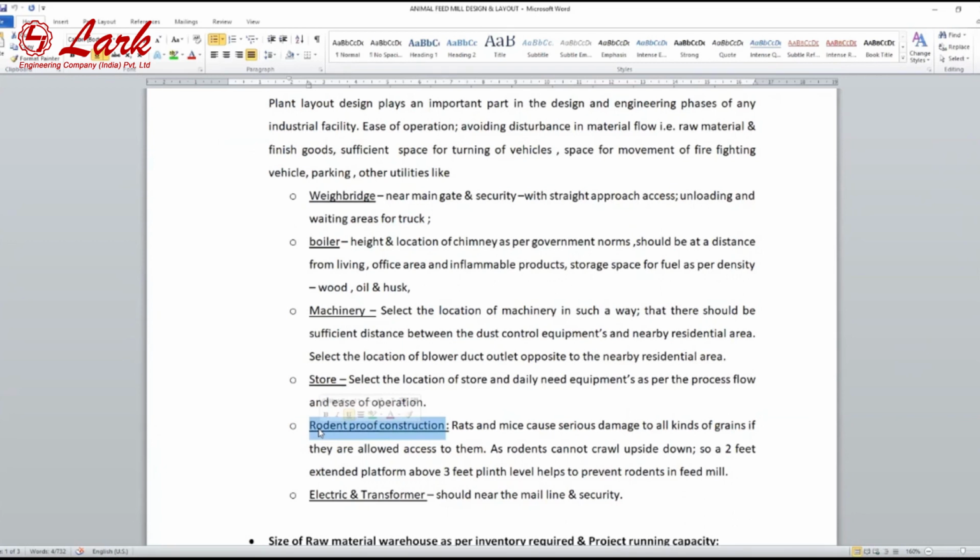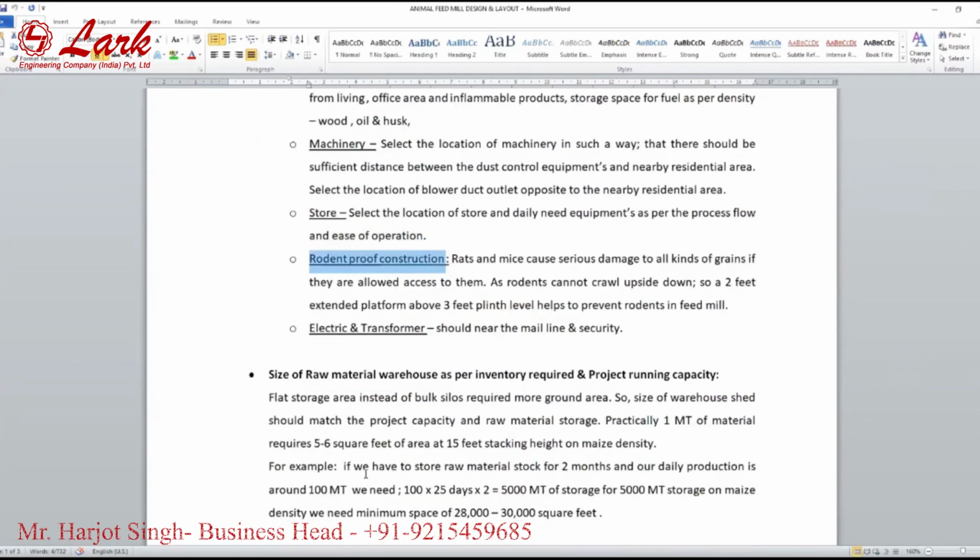So to make the rodent proof construction, a 2 feet extended platform above the plinth level should be there. We can avoid the rodents coming from the outside area. Then electric transformer and the main line, with respect to the cost, the transformer house,